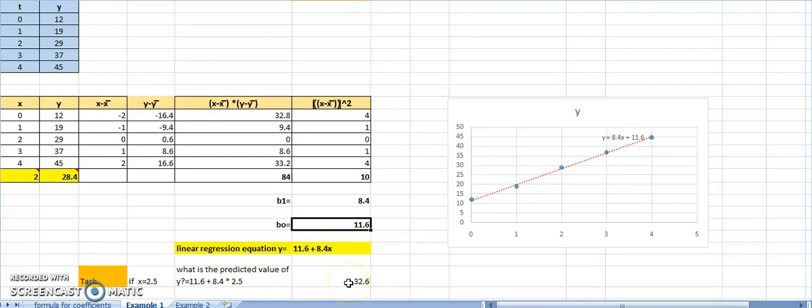Okay, now try analyzing this particular value. If x is 2, I'm getting 29. If x is 3, I'm getting 37. So if x is 2.5, somewhere in between, I'm going to get the value as 32.6. So it is between the previous output and the next output. This is how I'm going to calculate the value of y for any random value of x given to us, provided we get the linear model.